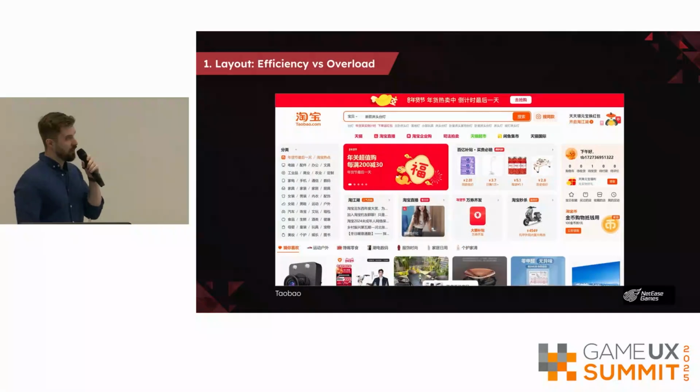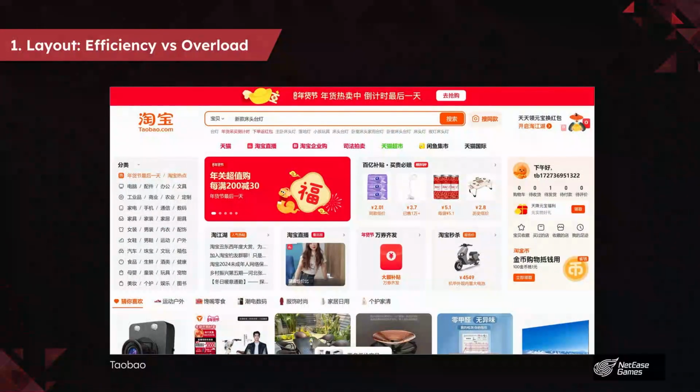Here we have Taobao. It's essentially China's version of Amazon. You might look at that and feel pretty overwhelmed already. There's lots of badges, lots of icons, lots of text and so on. But Chinese users are used to super feature-rich apps. They prioritize efficiency, so they have a huge amount of tolerance for these really complex interfaces. And as I'm sure you can imagine, if you try to adapt this straight over to a Western market, for example, it would not go so well with the amount of cognitive load and so on.